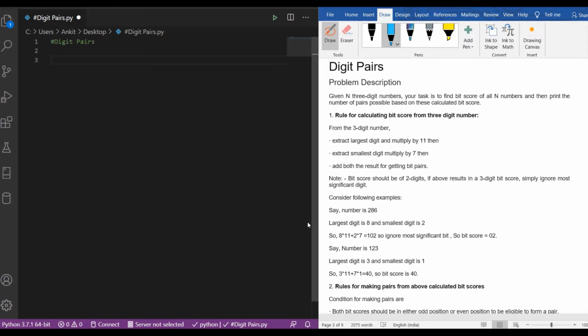So for calculating the bit score, we have a rule. From a three digit number, we have to calculate a bit score.